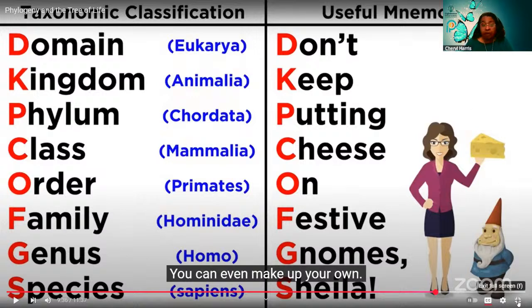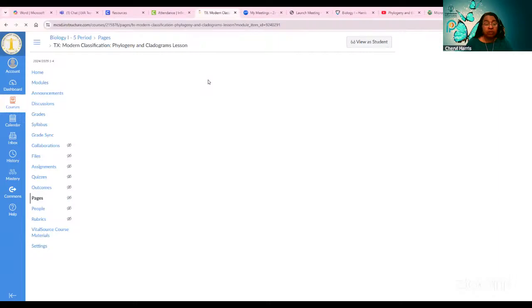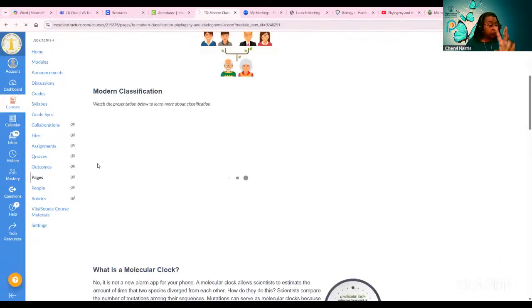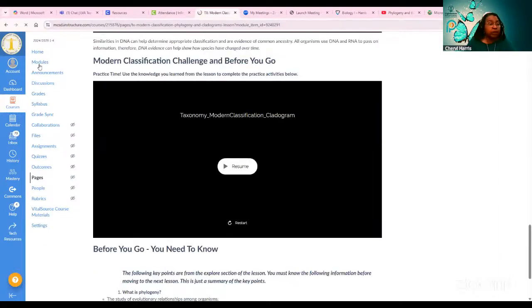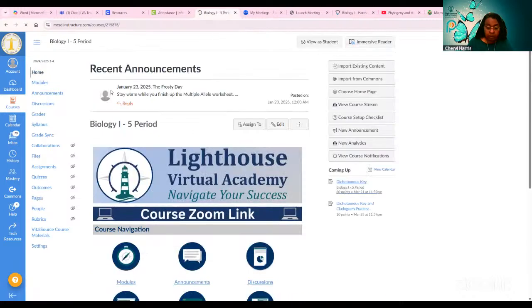Alrighty, that being said, so back to Canvas. Okay, so I'm going to leave you to read this if you've already done all of your other assignments. If you have not, let me go back over what you should do as far as well, I'm going to get to today's assignment